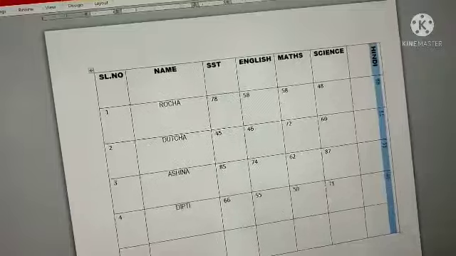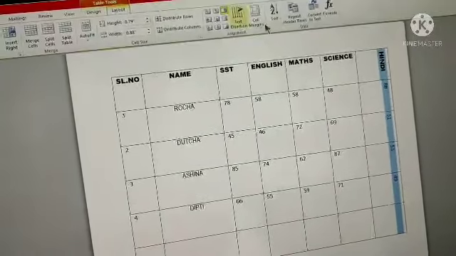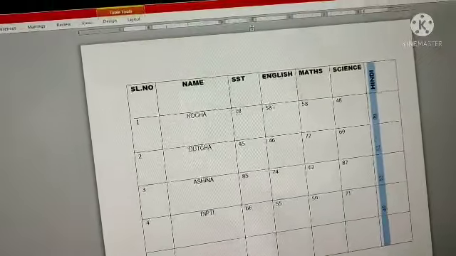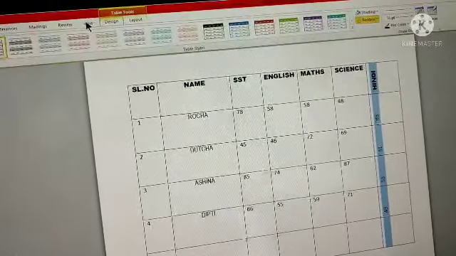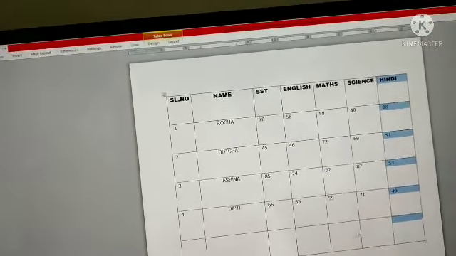Like this you can change it up to down. Then I don't need this one, so now I will change it. Like this you can change text direction.